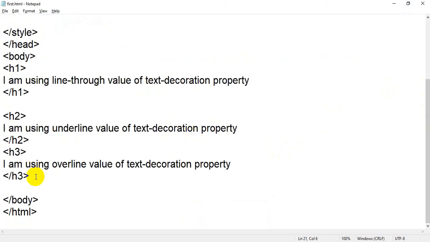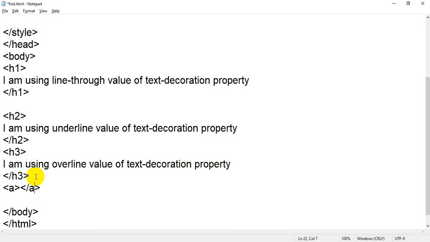So first we have to create a link. How to create a link? In HTML, just simply write an a tag and a closing a tag. That is the anchor tag. The anchor tag is used to create a hyperlink.